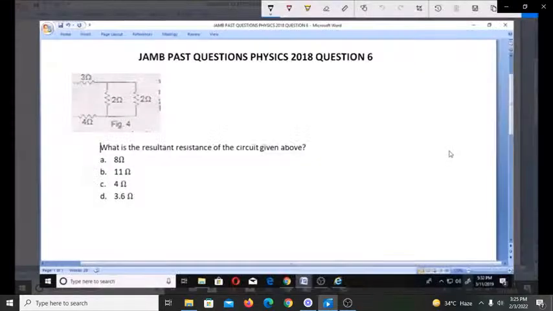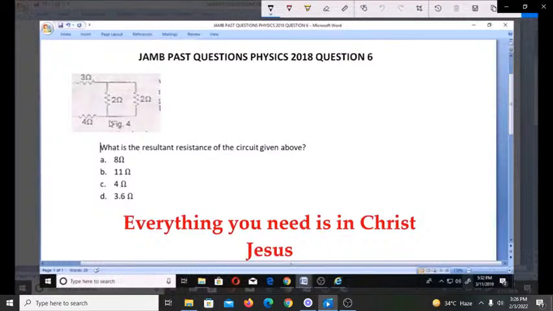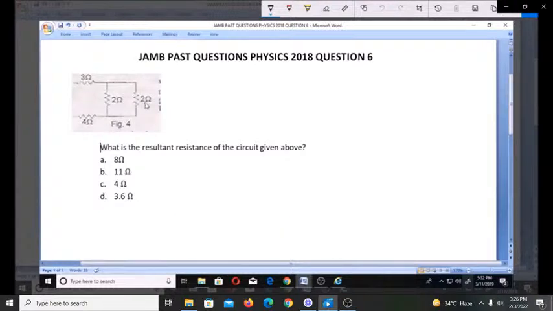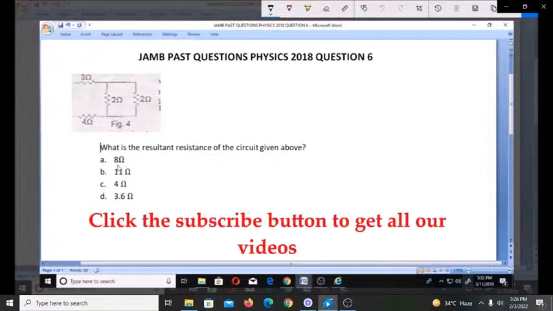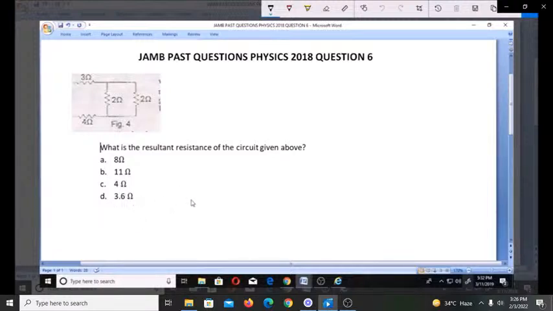Yes, let's look at this question number 6 for JAMB Physics 2018. What is the resultant resistance of the circuit given above? This is the circuit, and we are told to calculate the resultant resistance of these 3 ohm, 4 ohm, 2 ohm, and 2 ohm in this fig 4. Now, the options are A, 8 ohm, B, 11 ohm, C, 4 ohm, D, 3.6 ohm. So what is the resultant